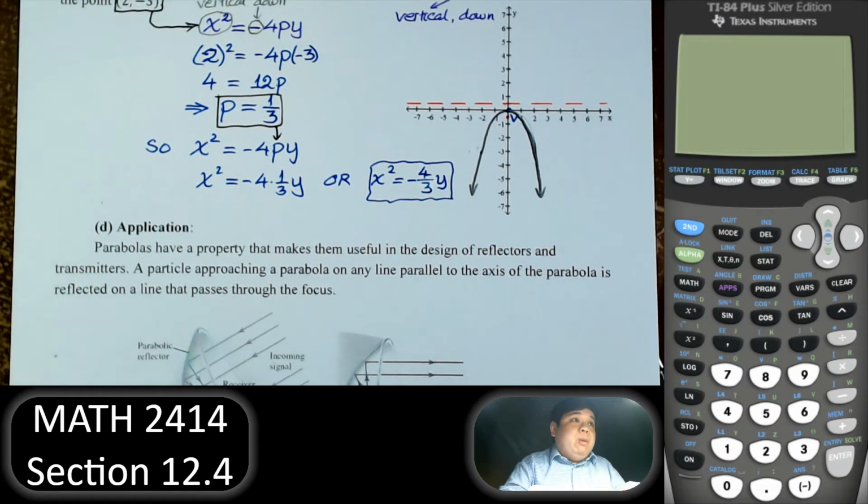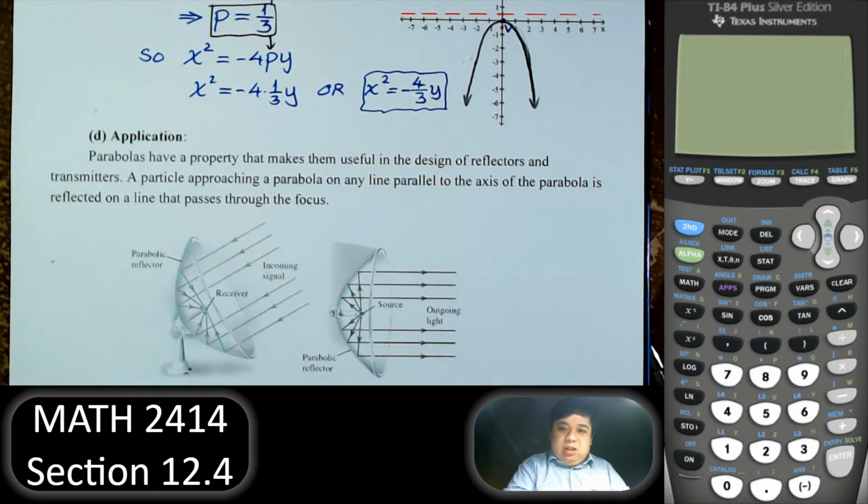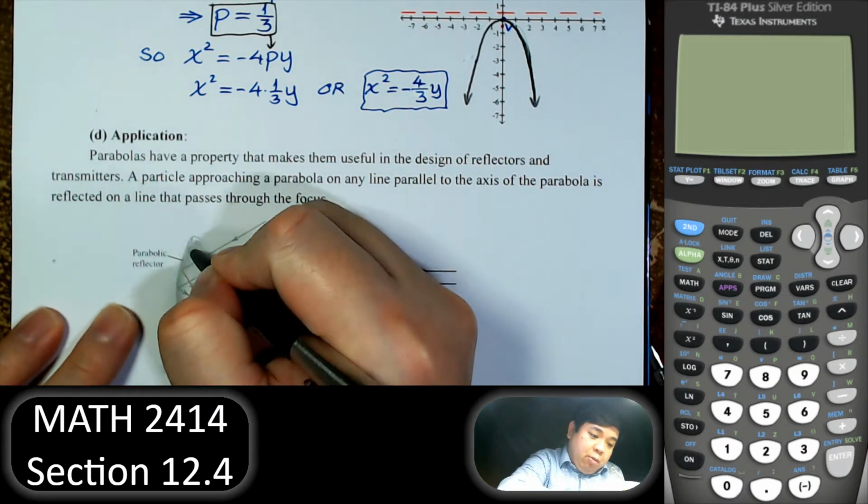And we have to tell about the application of the parabola. I mean, on all of these conic sections, each of them has some certain application, but none of them has more application than the parabola. So there are properties of the parabola like this. If we have a parabolic surface,